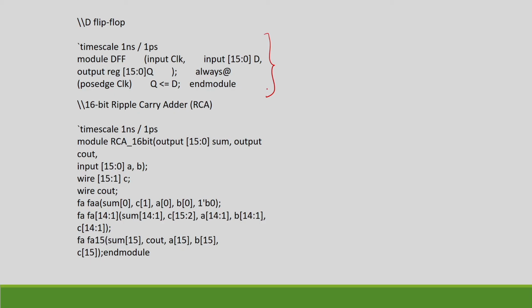This code also we have already explained in the earlier lectures. Then the ripple carry adder is basically full adders. This 16-bit ripple carry adder will have 16 full adders. We have discussed this ripple carry adder also in the earlier lectures. So, using these blocks, ripple carry adder, D flip flop and Braun multiplier,